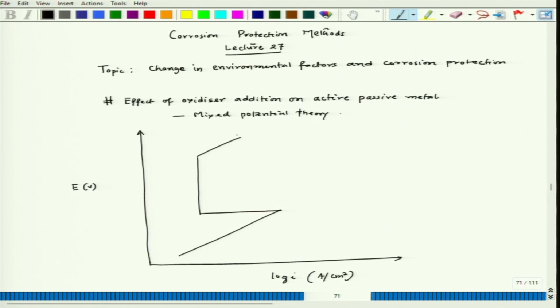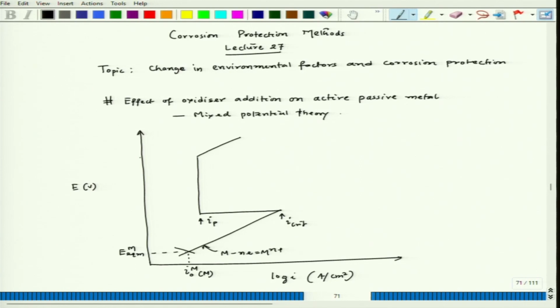Here this corresponds to I0 for the metal on the metal surface. This is the E equilibrium for the metal. This indicates metal dissolution, and this is going through the active zone and then reaching the passive zone. This current corresponds to I passive. This is of course I critical, and we have understood the importance of I critical in order to achieve passivity,